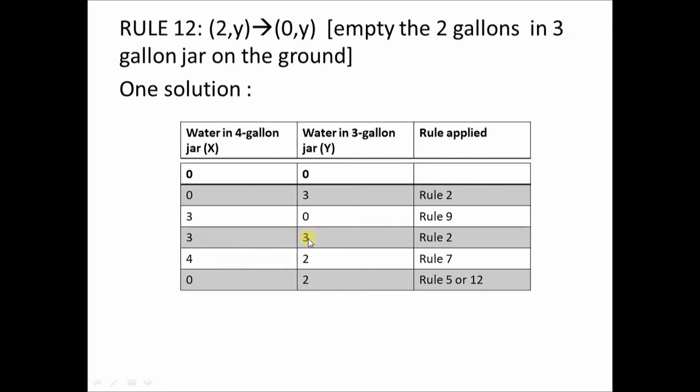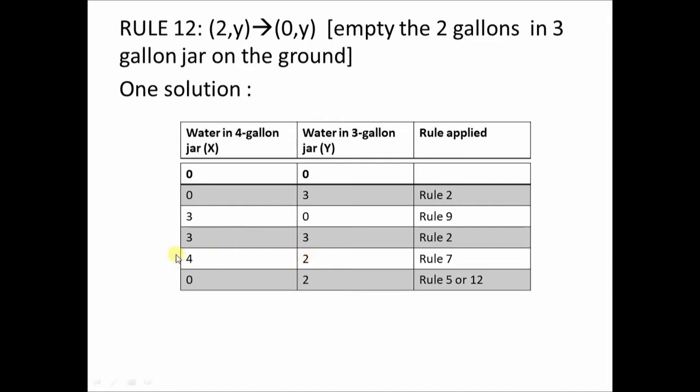So from 3 gallons, when I pour the water into the 4 gallon jar, it will get filled to the fullest capacity 4, and after pouring 1 gallon from here to here, what will remain here is 2 gallons. So at the end of this, the 4 gallon jar will be filled to the fullest, whereas the 3 gallon jar will have exactly 2 gallons of water. And that is what was required. At the end, your 3 gallon jar should contain exactly 2 gallons of water.